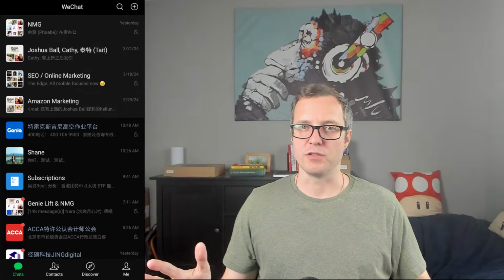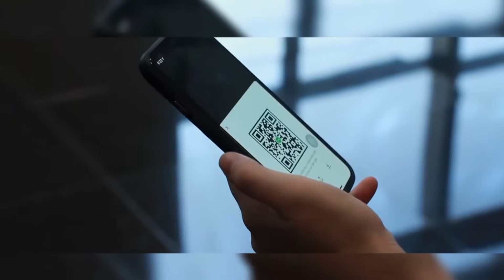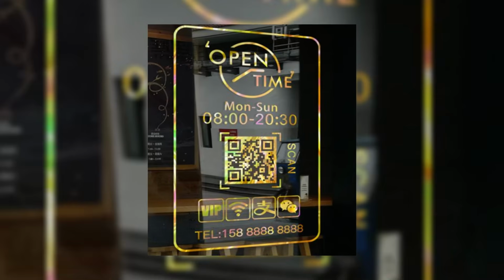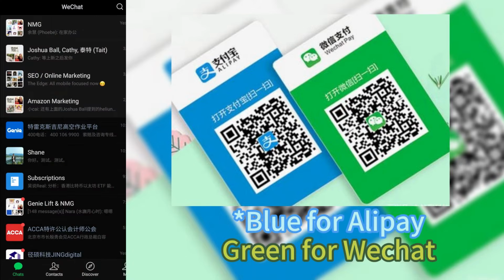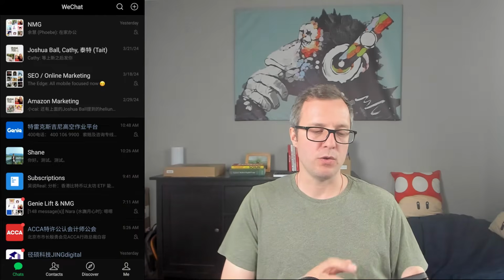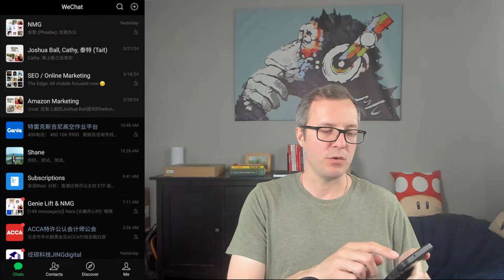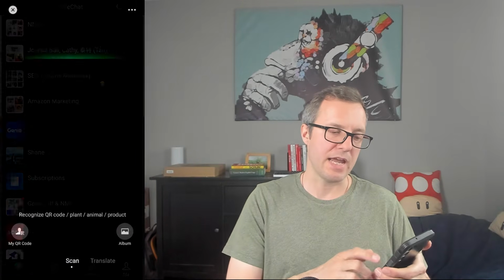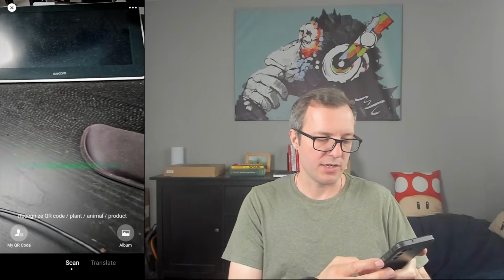Let's take a look at QR codes now. QR codes took off in China before they took off in the rest of the world, and they are used everywhere. Now, if you see any ad outside in China, it's going to have a QR code on it, maybe more than one. If there's just the one QR code, it's implied that it's for WeChat. So people will know if, for example, you are selling pizza and you have a deal on there, they will know to click this plus on the top right, click scan, and then that gives them the option to scan, okay? And check the QR code.